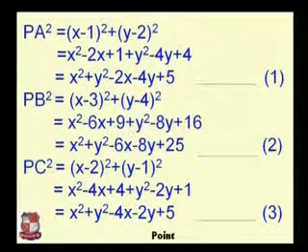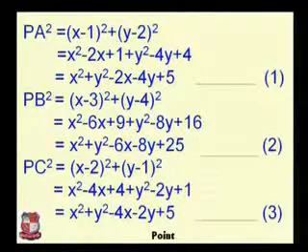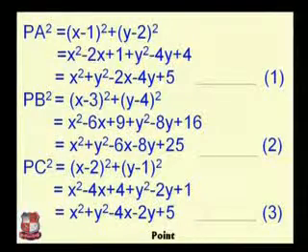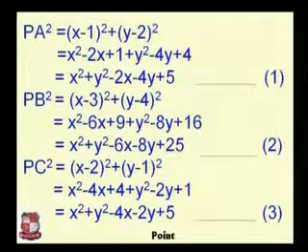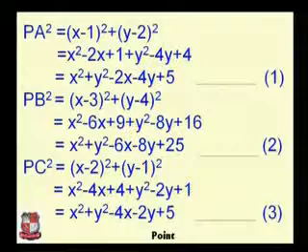So (x minus 1) square is equal to x square minus 2x plus 1. Same thing for (y minus 2) whole square: we have y square minus 4y plus 4. Now simplification of this step. So x square plus y square minus 2x minus 4y, and 1 plus 4 we get 5. Finally we have x square plus y square minus 2x minus 4y plus 5.